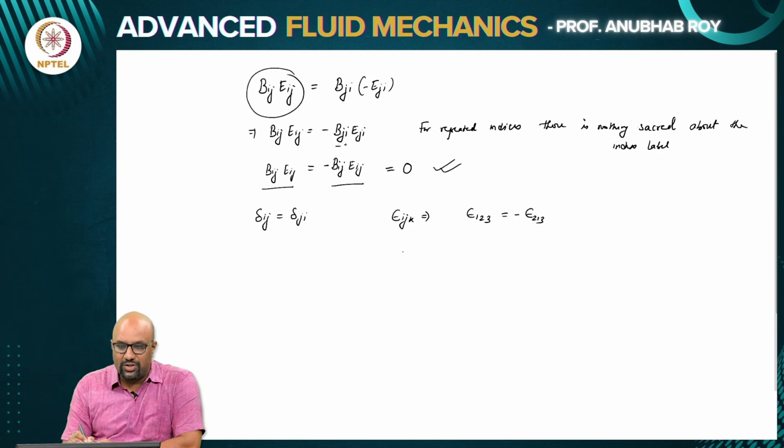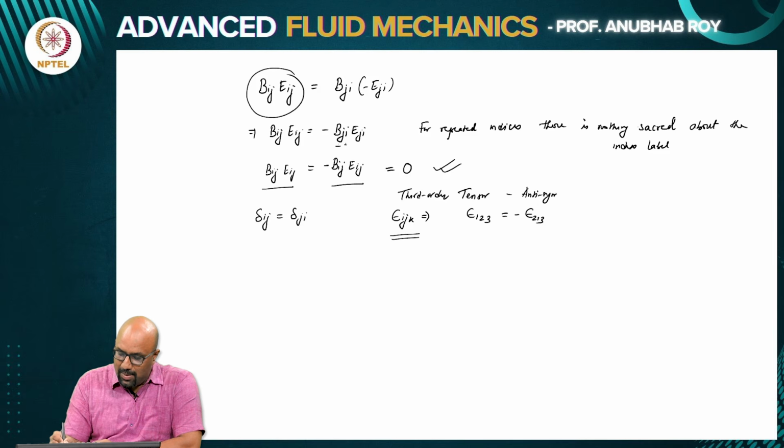Whenever I am switching any two indices, when you are talking about symmetricity or antisymmetricity, it is with respect to a pair of indices. So, epsilon ijk, the permutation symbol, is a tensor which has 3 indices. So, this is a third order tensor,